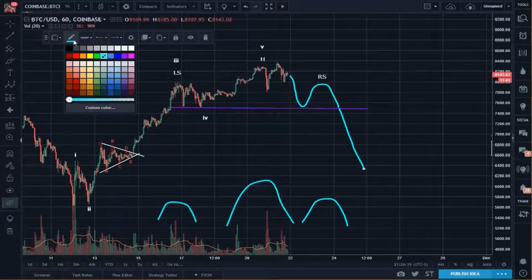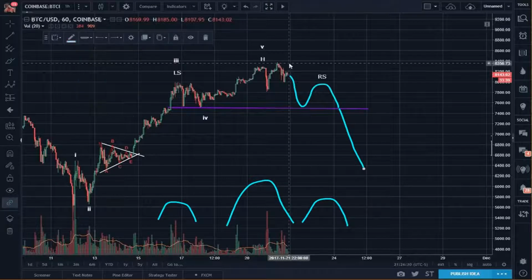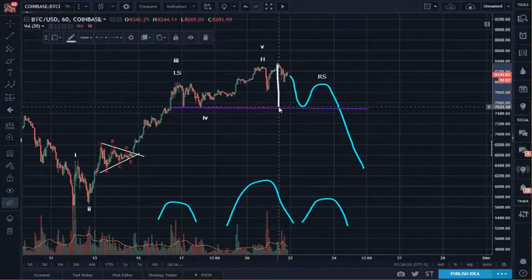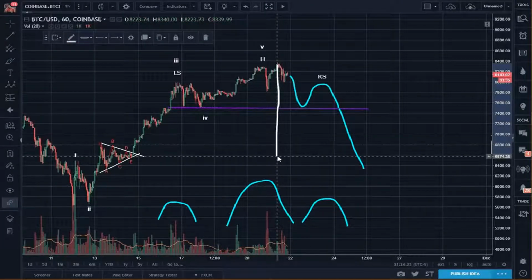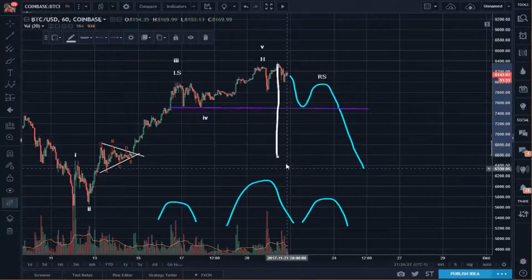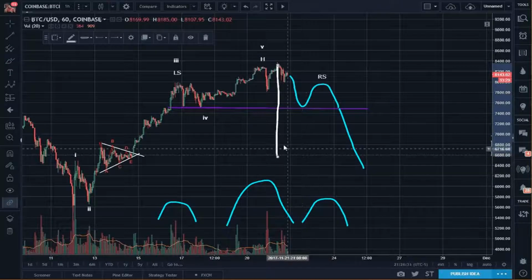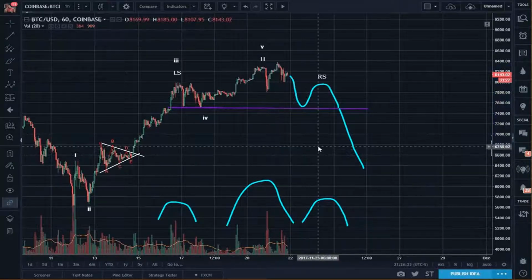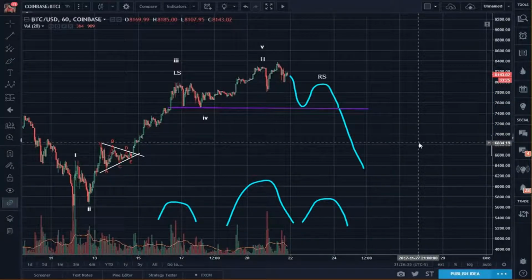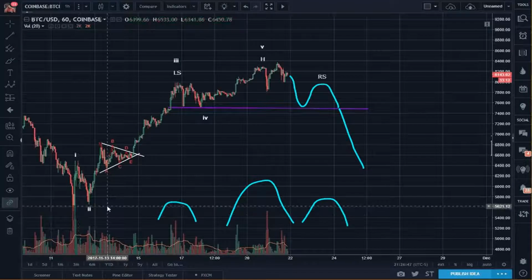Because of my minimum weight, I'm just eyeballing this. Close enough. That would be the minimum travel, and expect a little bit of exceed. If you refer to the book Elliott Wave Principle, you will see that the only rule for wave 2 is that it cannot equal the start of 1,